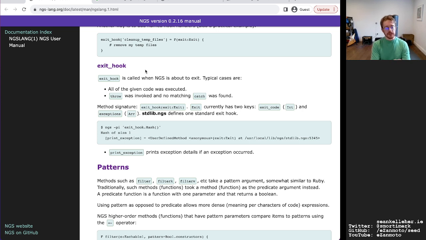I use them a bit, and I think they're very useful in bash scripts, but that's also because bash doesn't really have good error handling in general. So having exit hooks that allow you to do a bit of cleanup is very useful.